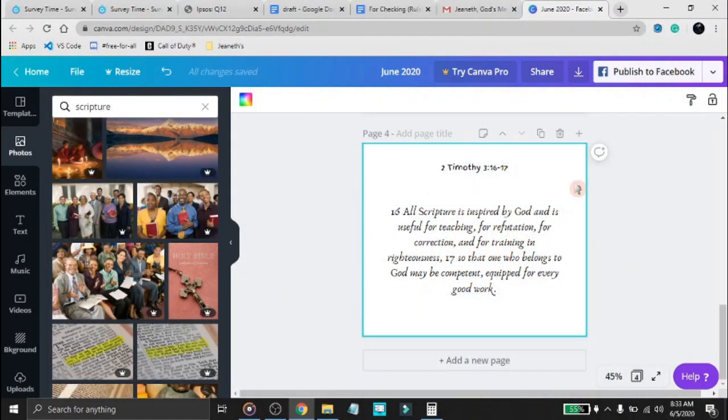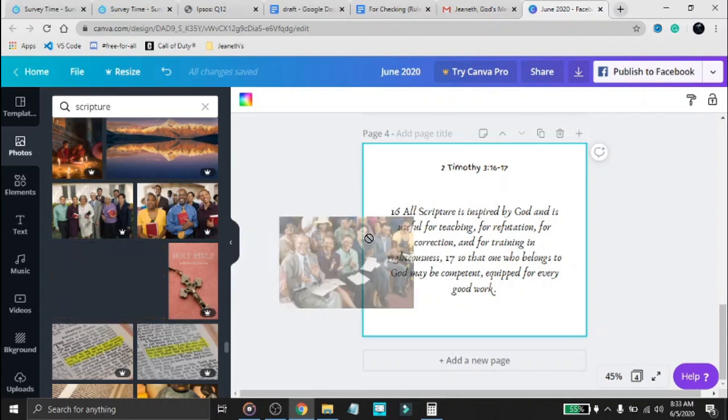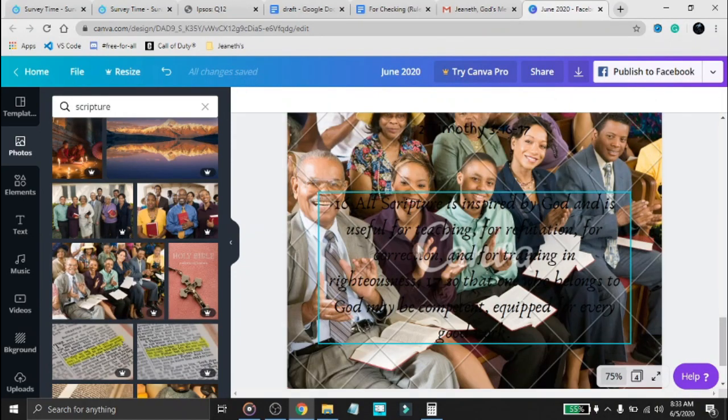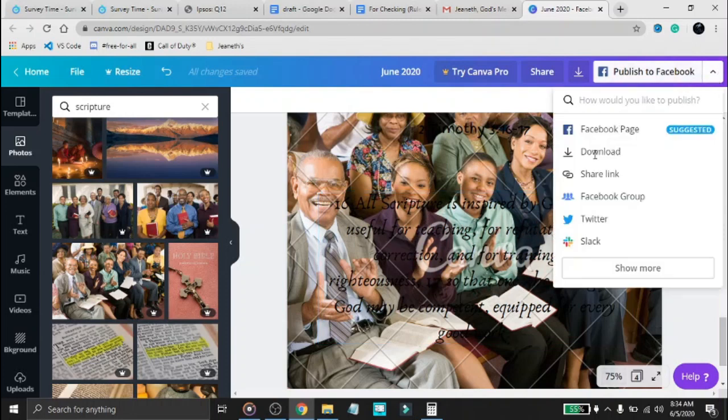Okay, so now nandito tayo sa design page. Let's say gusto kong gamitin itong photo na ito. Pero it clearly indicates, diba, that it's a Canva Pro image. Let's use it anyway. So dahil nga exclusive lang siya for Canva Pro, nakikita natin na merong watermark itong image na to. And if we try to download it,